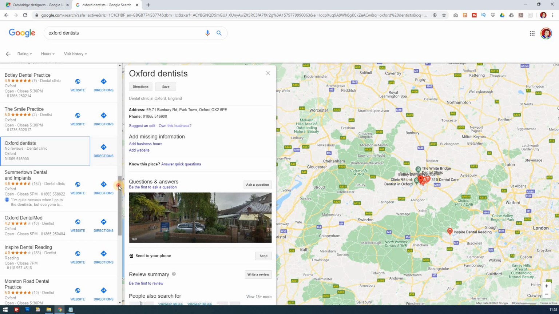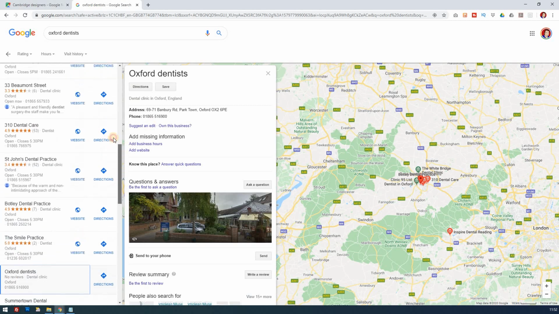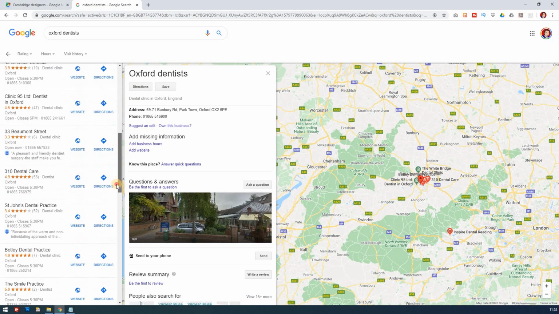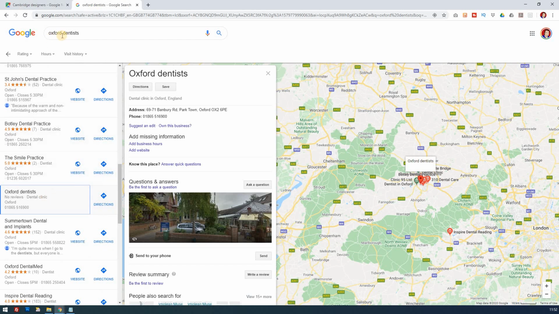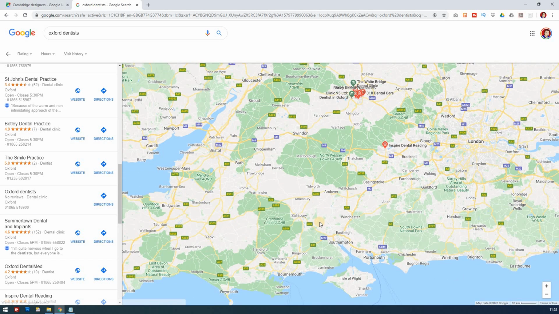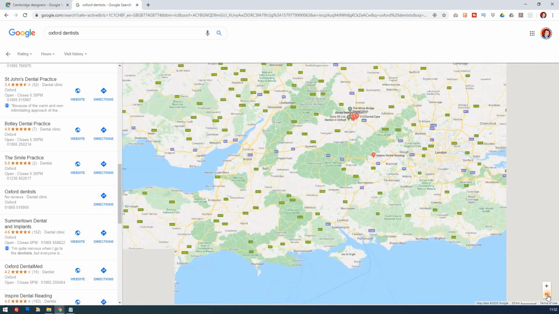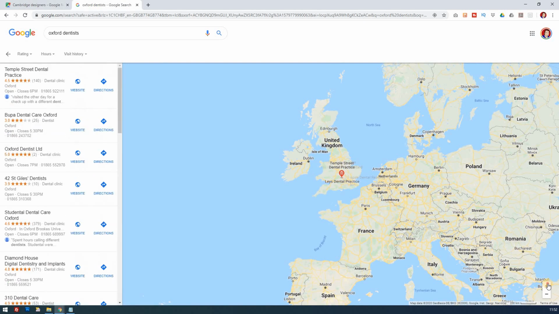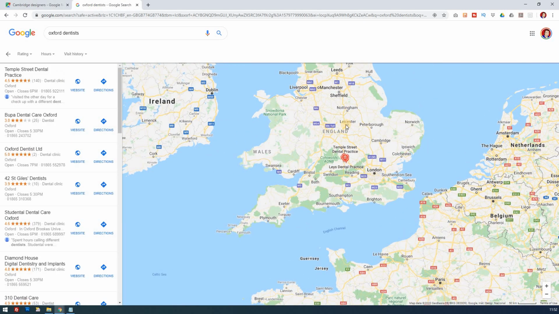And that's a phenomenal business name, Oxford Dentist, because that is exactly what I've just searched for, and that's why it's coming up there. And that just shows the importance of having a name. If you can include the keywords in the name of the business, and you can do it properly and legally, then that's great too. Okay, so that's Oxford Dentist. So let's try something totally different. So let's come out and let's look for another random place. So let's go Leicester. Okay, so let's try Leicester.